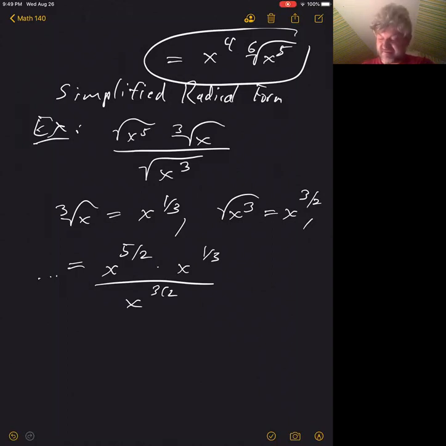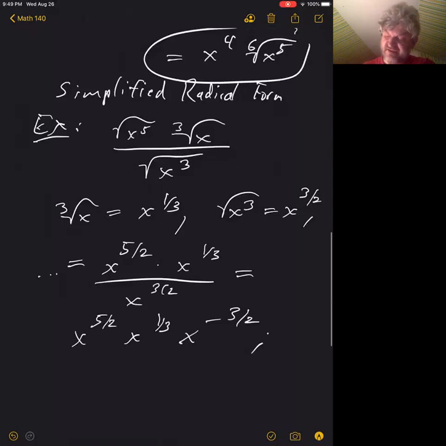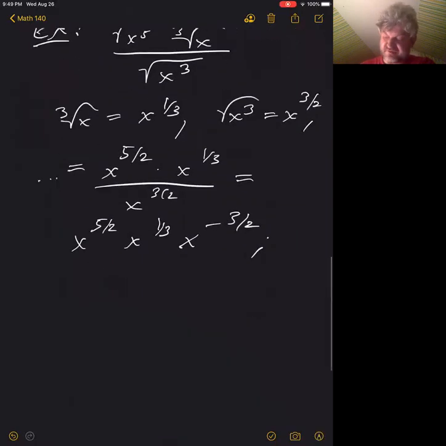You can rewrite this as a product when you give that denominator a negative exponent. So x to the 5/2, x to the 1/3, x to the minus 3/2. And the first law of exponents says we can just add these fractions. So 5/2 plus 1/3 plus negative 3/2,